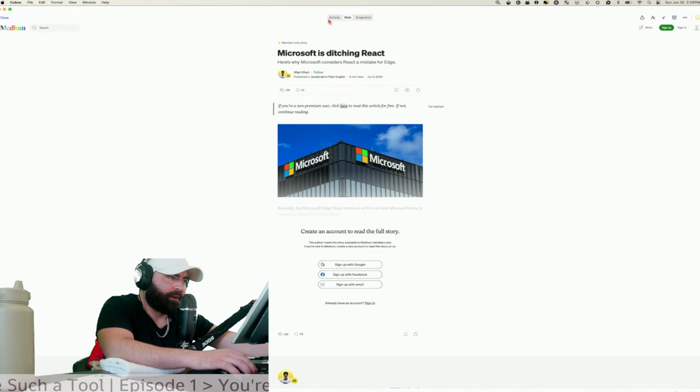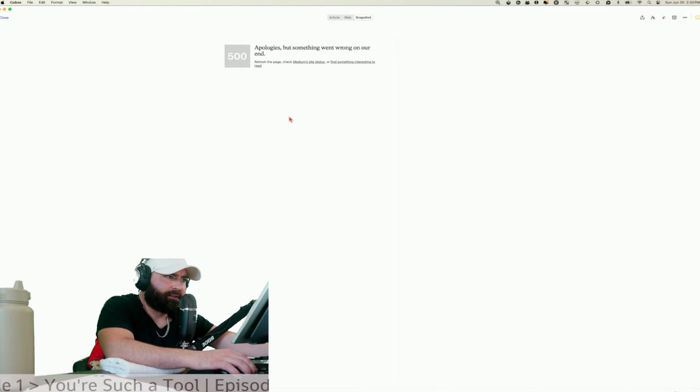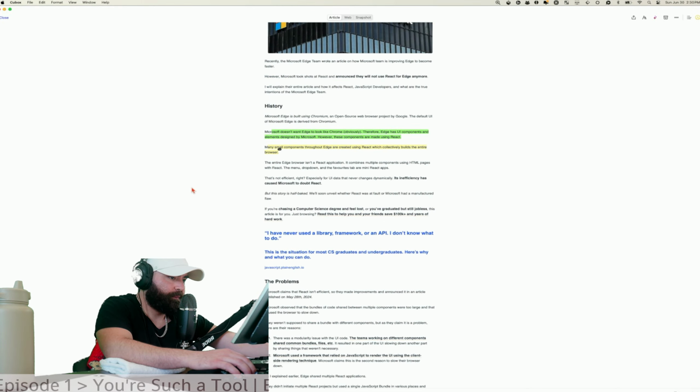If you want to see the actual web page, there's a browser in the app, so you don't have to exit the app necessarily. And another great thing about this is the snapshot, which is not always going to work, but if it can, it will save a version of the web page. Anything behind a paywall, usually, I guess it's not going to work, but sometimes it does. I don't know. It just kind of depends on the website, and they can't really control that. So I don't ding them for that.